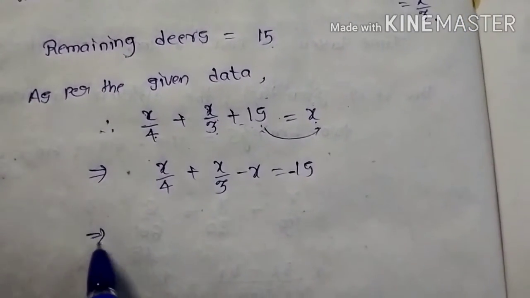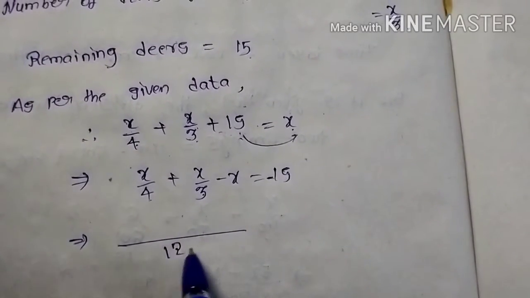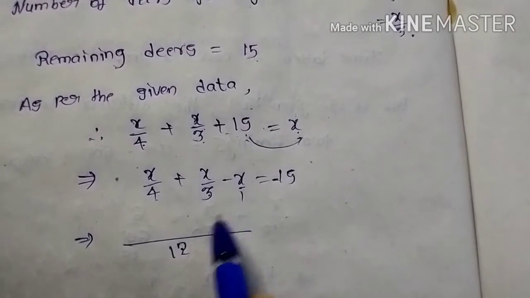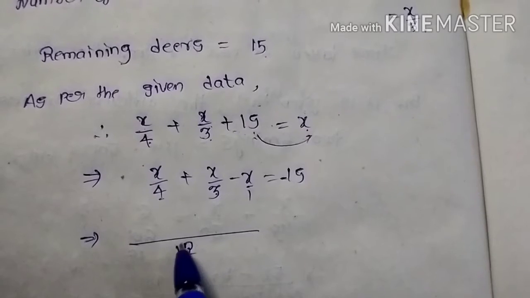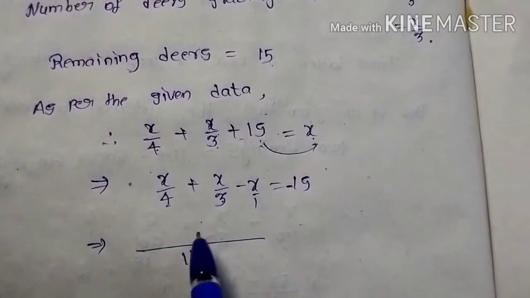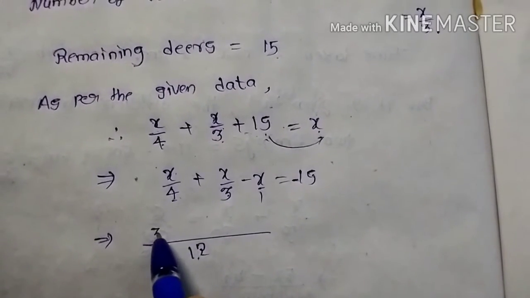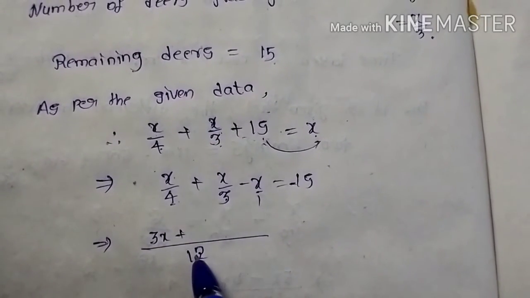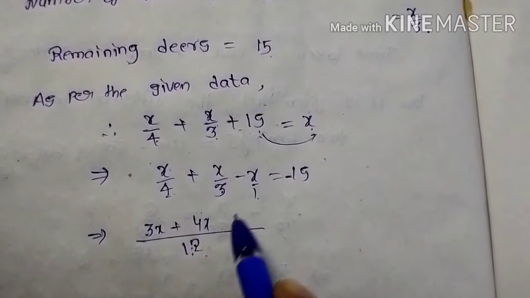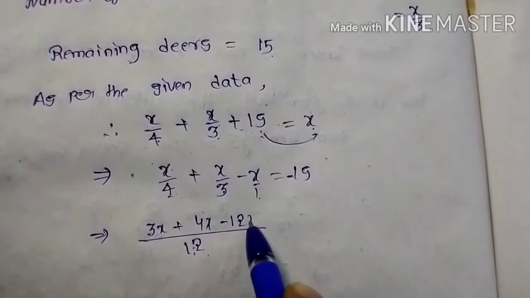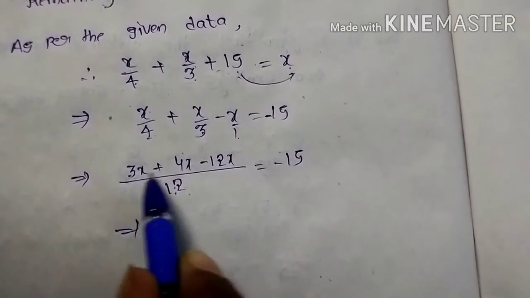Now you can simplify here, very easy. 4 and 3, what is the LCM of 4 and 3? 12. You can write here 12 here. That means here x means here x by 1 is available. Yes or no? Yes. So that you can see here 4 3s are 12. That means you can divide the LCM with denominator. With the quotient you can multiply the numerator. That means here 4 3s are 12. 3 into x, 3x. Plus 3 4s are 12. That means 4 into x, 4x. Here 1 12 is 12. That means 12 into x, 12x. That means minus 12x is equal to minus 15. Implies you can write it 3 plus 4 is how much?